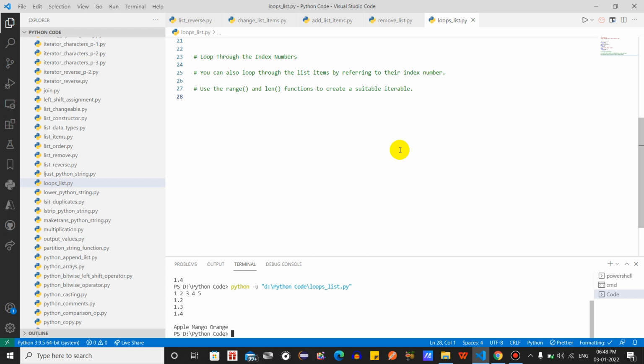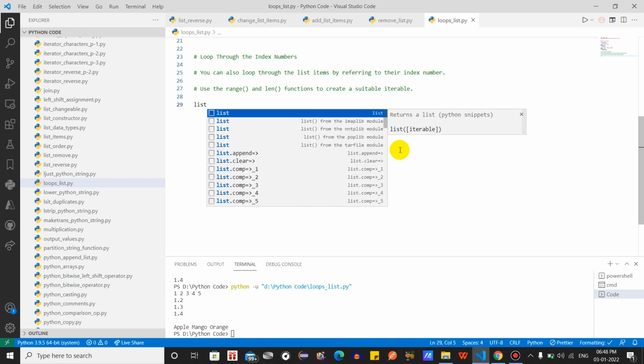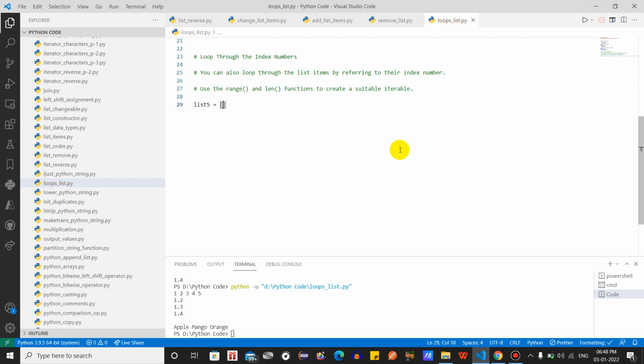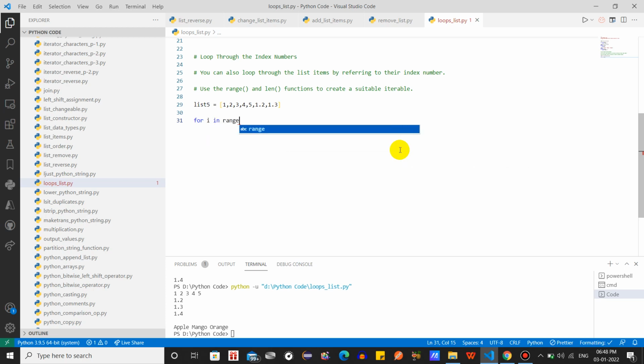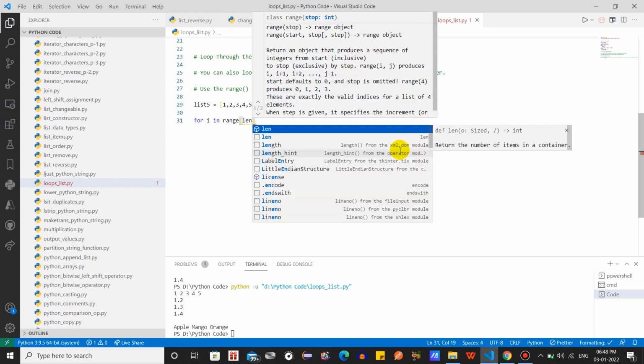So here we have to use two functions, the range function and the length function. With the help of length and range, it will be suitable to print the list items inside the console. So let's start. I will declare one list, list5, and inside list5: 1, 2, 3, 4, 5, comma, 1.1, 1.2, comma, 1.3. And then I am going to write: for i in range(len(